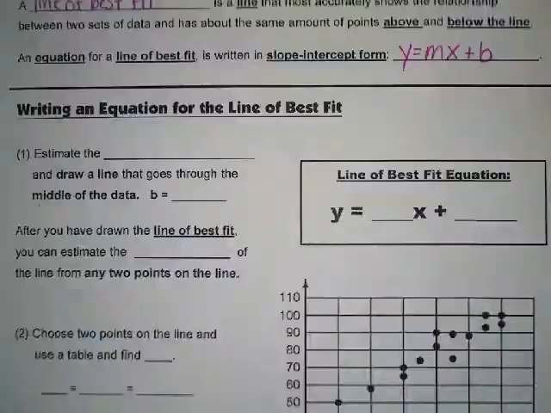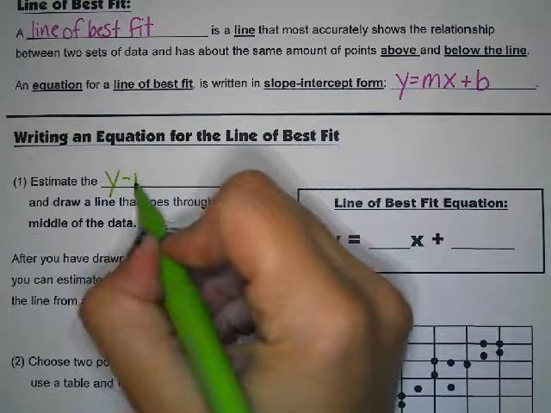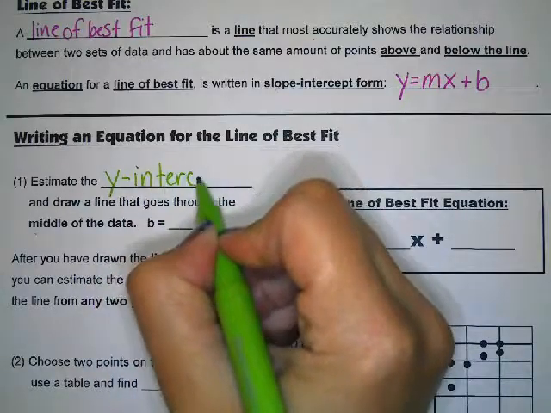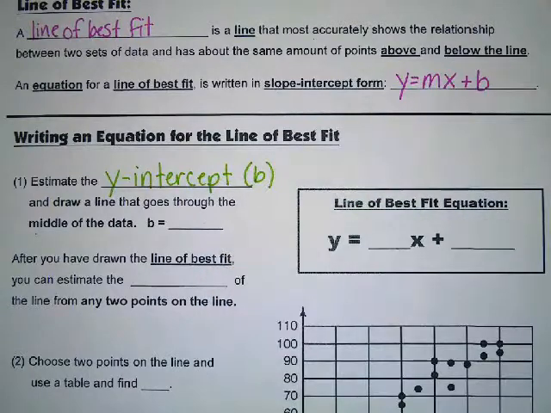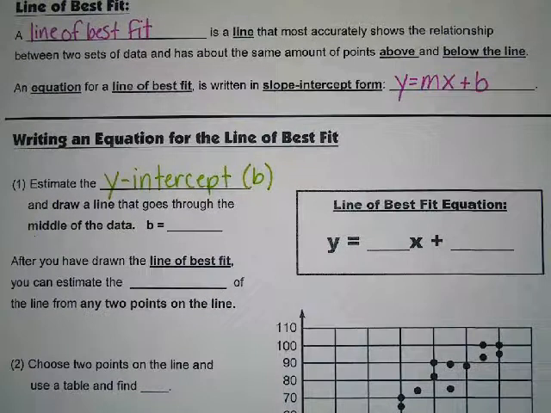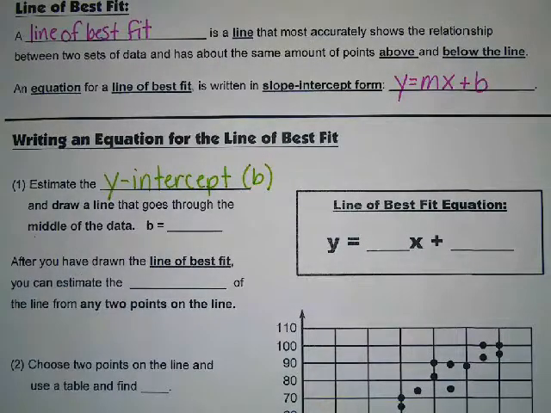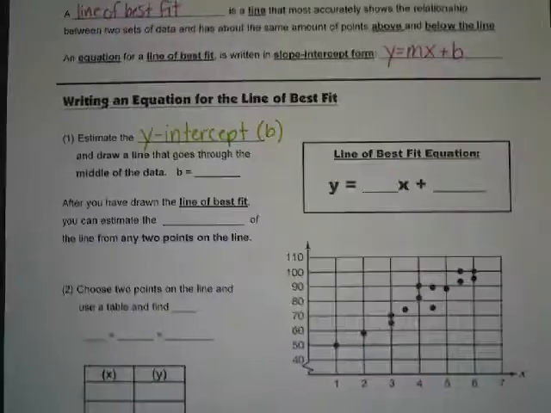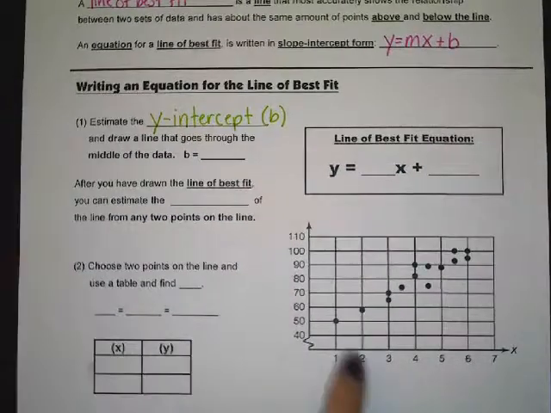So let me switch this down so you can kind of see a little bit more. So the first thing we're going to do is estimate the y-intercept. And remember, the y-intercept is your b value. And draw a line that goes through the middle of the data. And that's going to be our b value. We're going to put it right here. So let me zoom out a little bit so you can see this whole graph. So based on this graph here, I'm going to take my ruler,